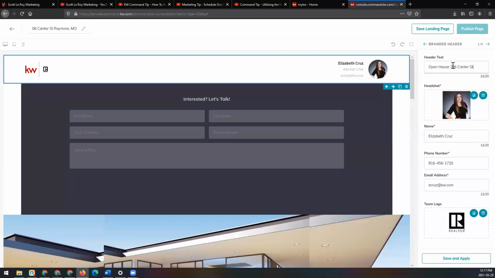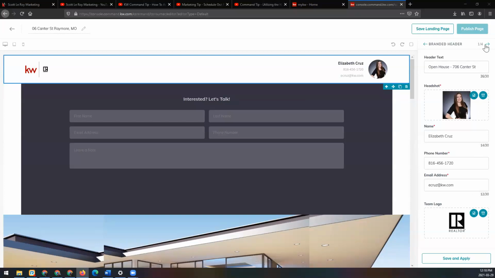And you are limited to 30 characters, so I'm going to keep it nice and simple with just the street address, no city or state. If you need to edit your headshot, name, phone, email, team logo, you can from here. But this is all pulling from the marketing profile in your command settings. So once you're good with all of this info,